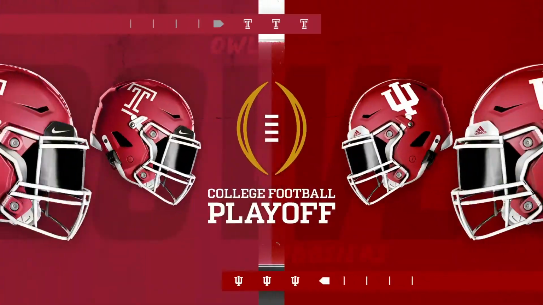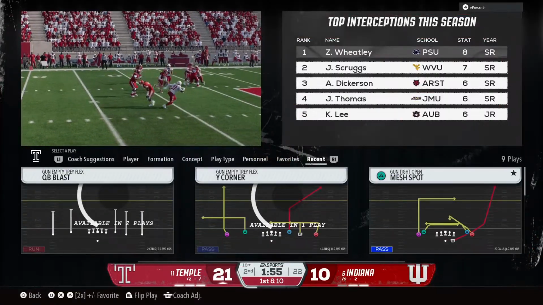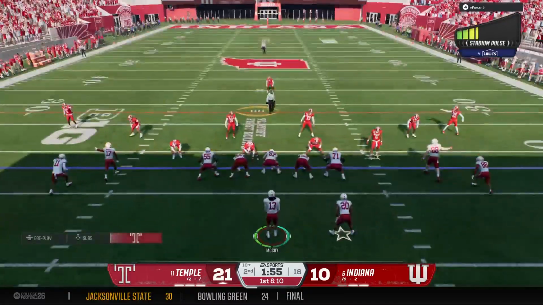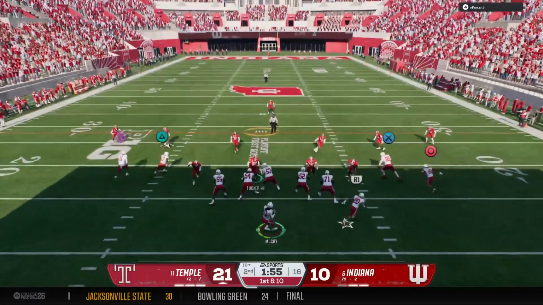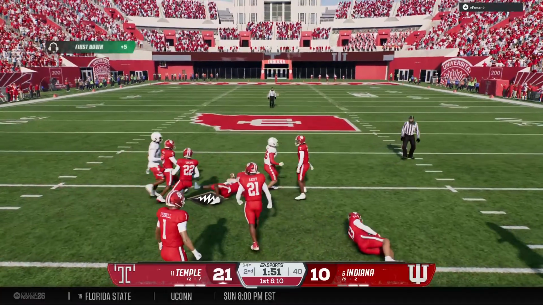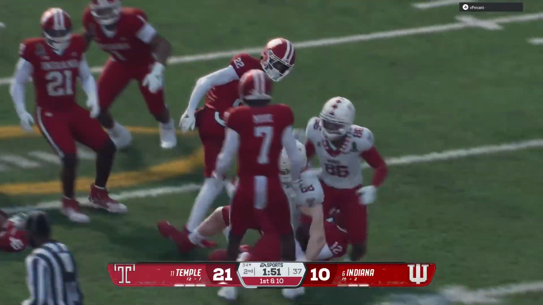And the coverage team makes the stop on this return. It's the 2-minute timeout. We've got a blowout developing here. Offense out there for the first play of this drive from the 18. First down, looking to throw the ball. Catch made by the tight end. Tackle made after a solid gain. They'll spot the ball at the 34.